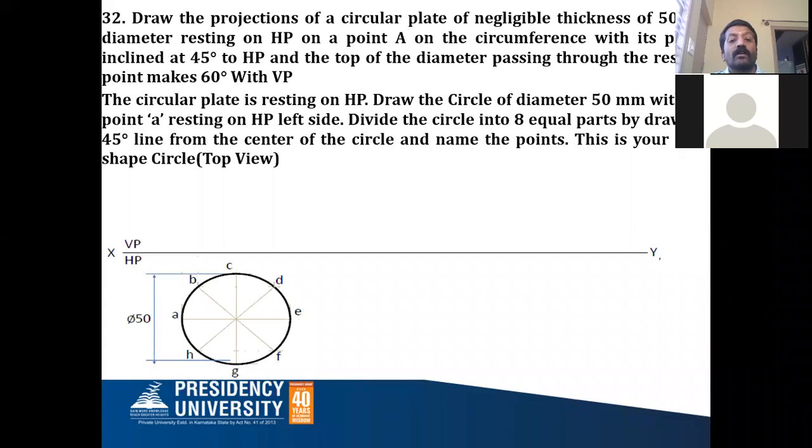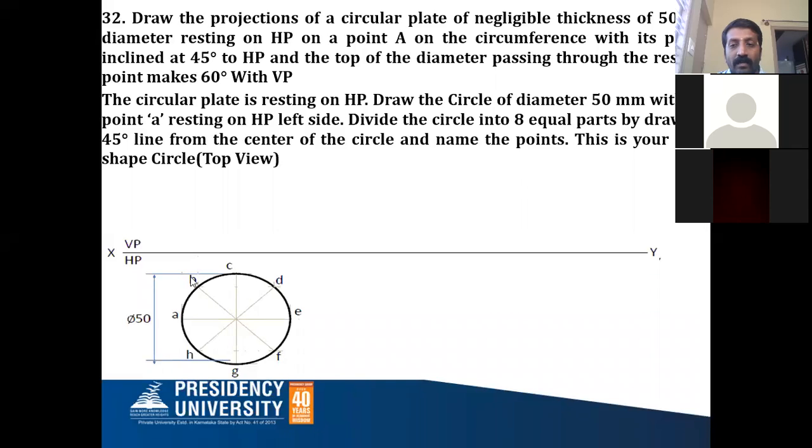So that means you have to draw the 45-degree line, draw one horizontal line, one vertical line, and then from here you take 45 degrees passing through the center. You can draw one more line, and from this vertical line you can take a 45-degree line and draw it. Okay, so like this. So you can divide the circle into 8 equal points.